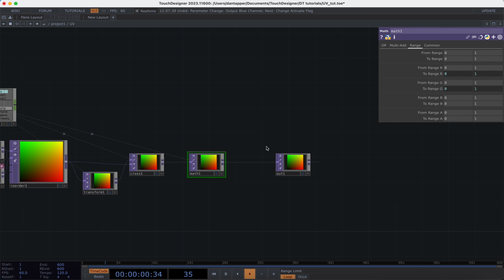Let's look at those points. The difference here is if I took this math and disabled all this stuff and did what I just showed you, that minus 0.5,